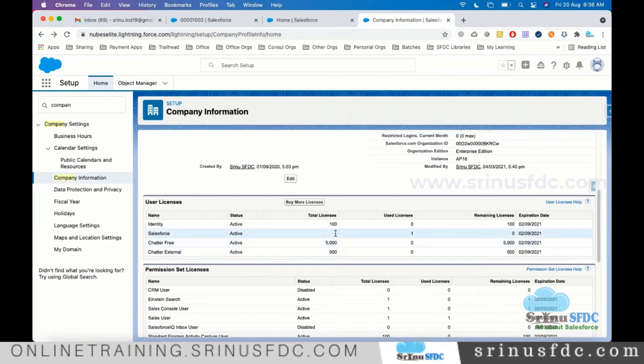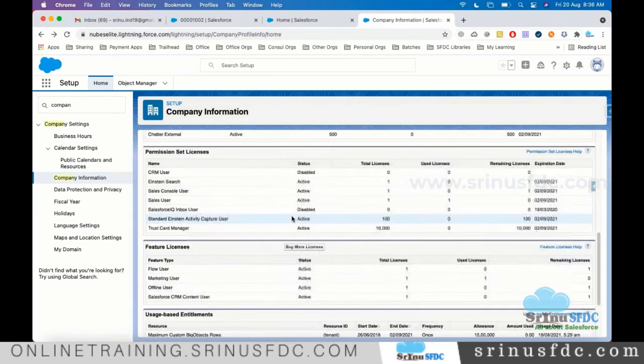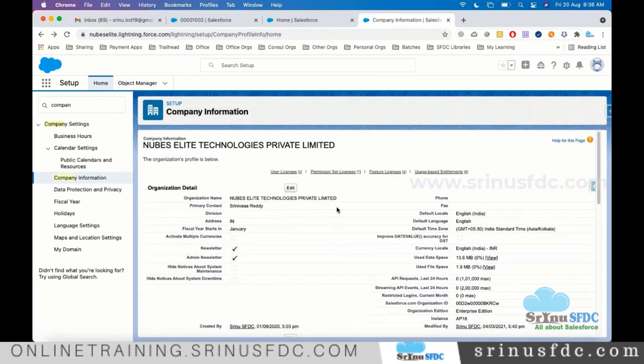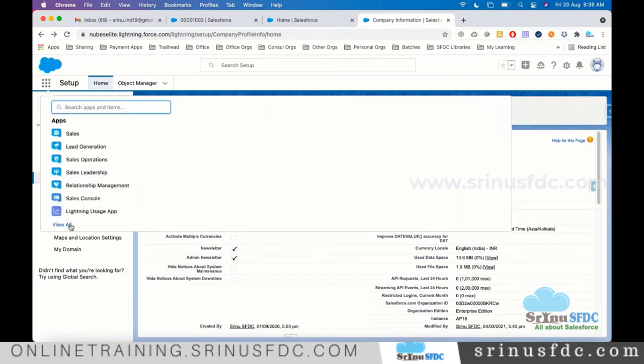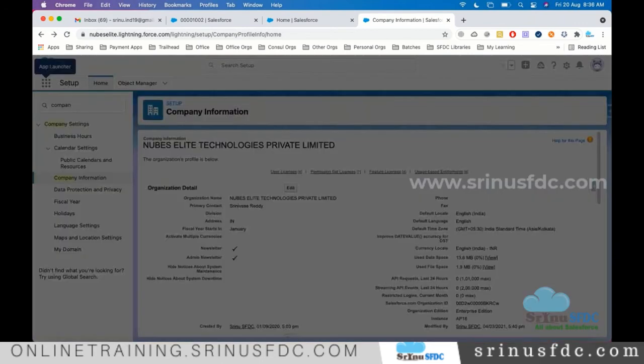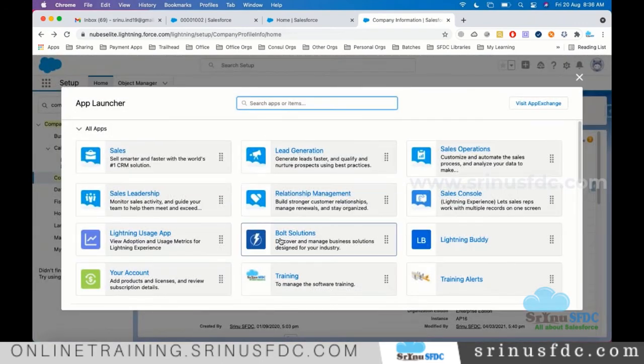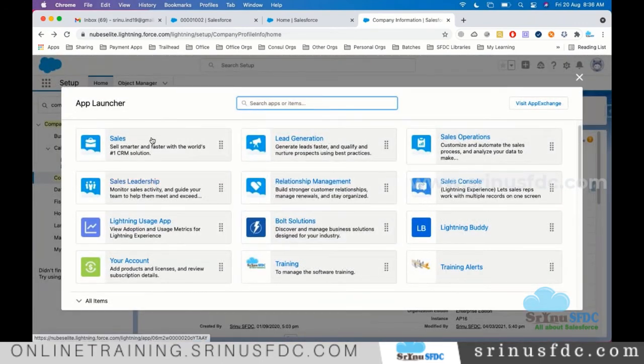Also, whatever applications you see in the developer edition, you cannot see all of those here. There are limitations. Everything is licensed in the paid account. This company has only Sales, so they have access only to Sales, not Support.